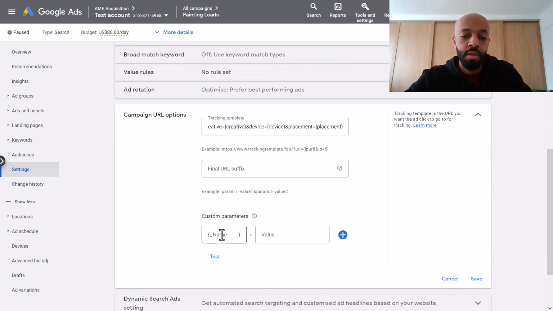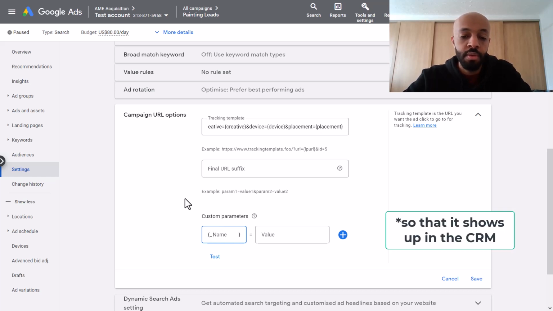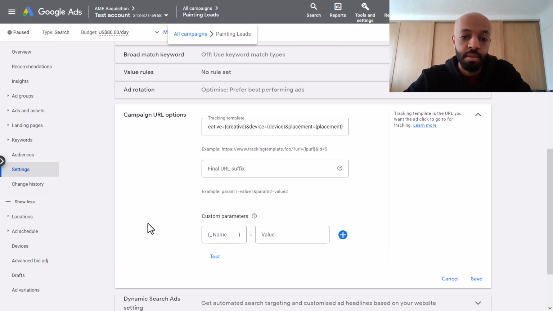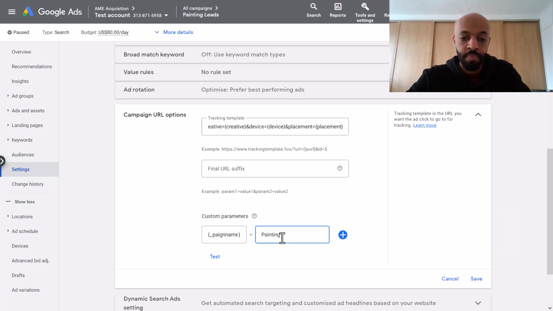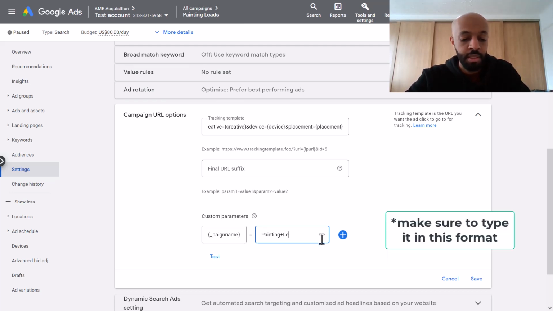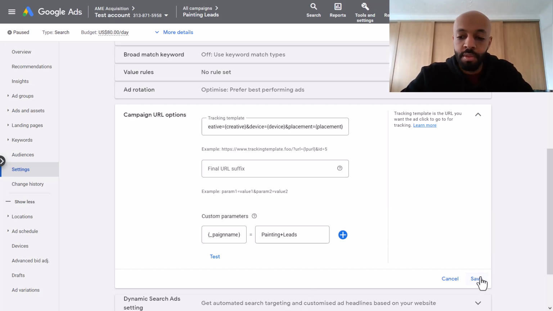Now, for the custom parameters, you want to put the actual campaign name that you have. So my campaign here is called Painting Leads. So I'm just going to write campaign name, and the value is I'm going to write painting exactly the way I have it here, painting, and I'm going to write plus leads. Okay, that's all. Now I just hit save,